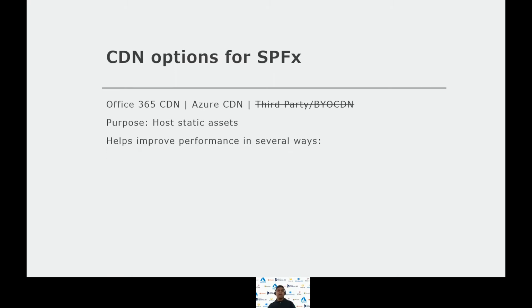CDN helps improve performance in many ways. To begin with, it offloads the burden from our M365 cloud servers to the edge network. Even a tiny file or an API request offloaded will make an immense difference due to the cloud scale.